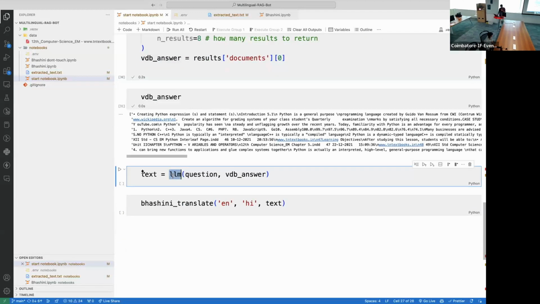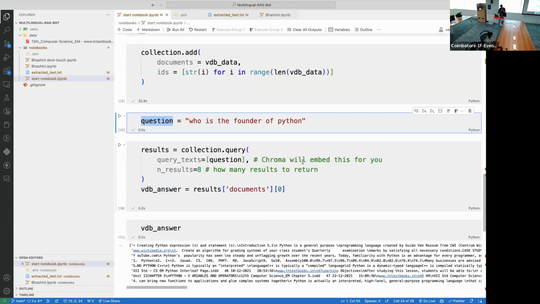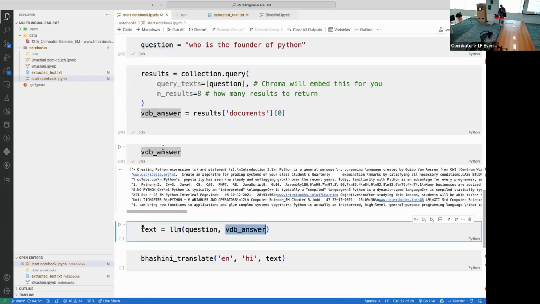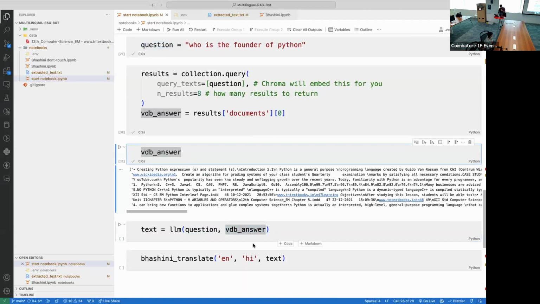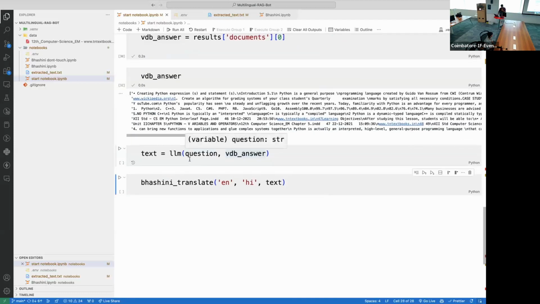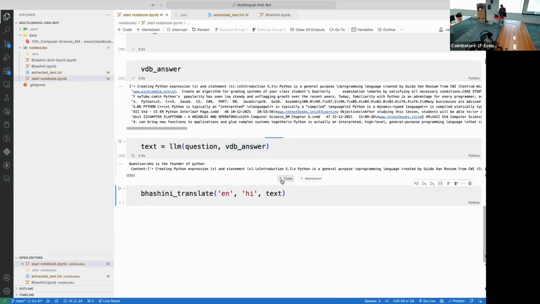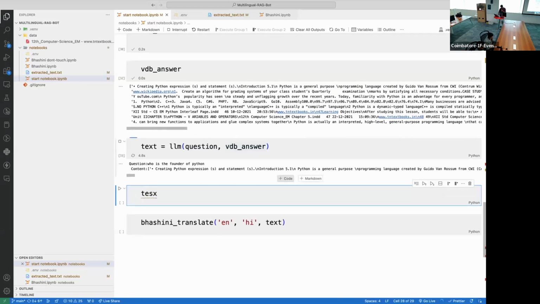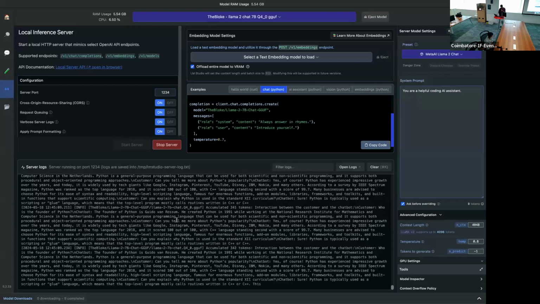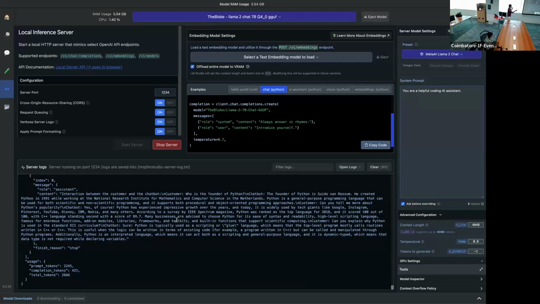so that is why we are calling the LLM over here. We pass the question, who is the founder of Python, and the vector database answer to the LLM. Now it can do it more easily. It is generating. We can see in this application also that it is actually generating the answer. From that context, we can easily